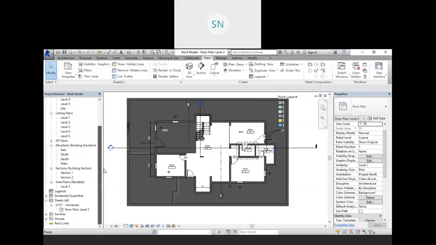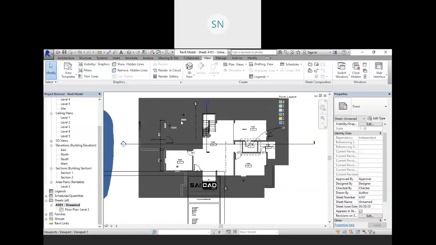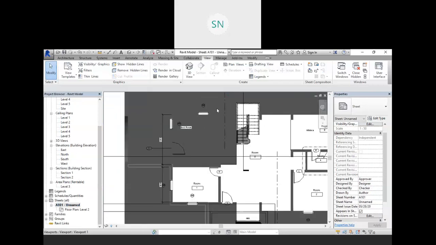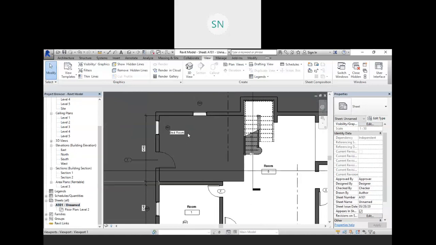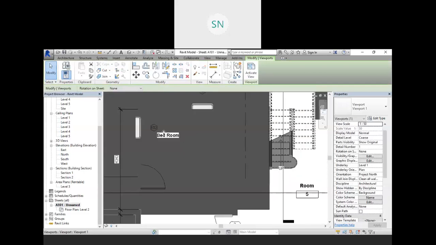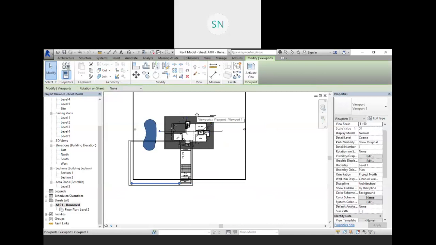Go to your paper and you will get an exact idea that instead of that text, our drawing is going to enlarge. Our drawing is going to scale up. Text will remain as it is on your paper. So whatever text height you have provided will be on your paper, right? So it will always be readable. So you don't need to change the text height, or scale it up or scale it down. It will adjust automatically as per your scale.